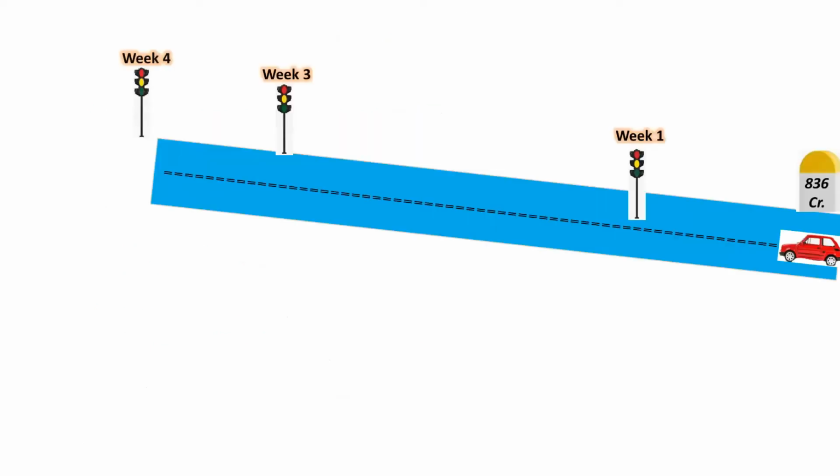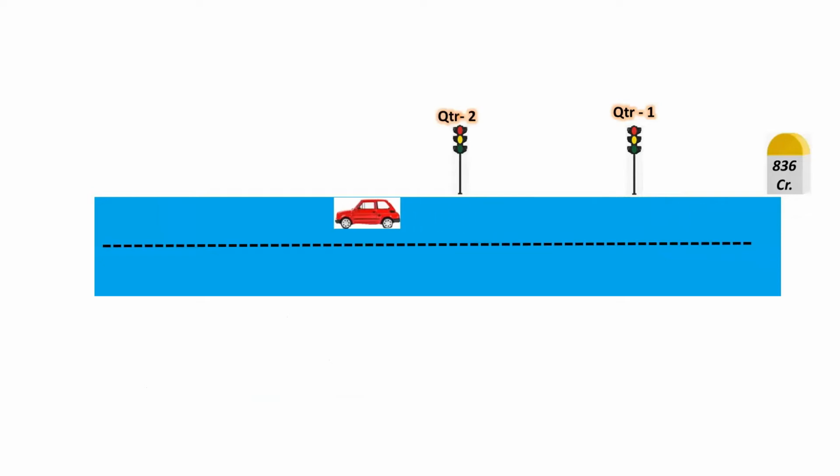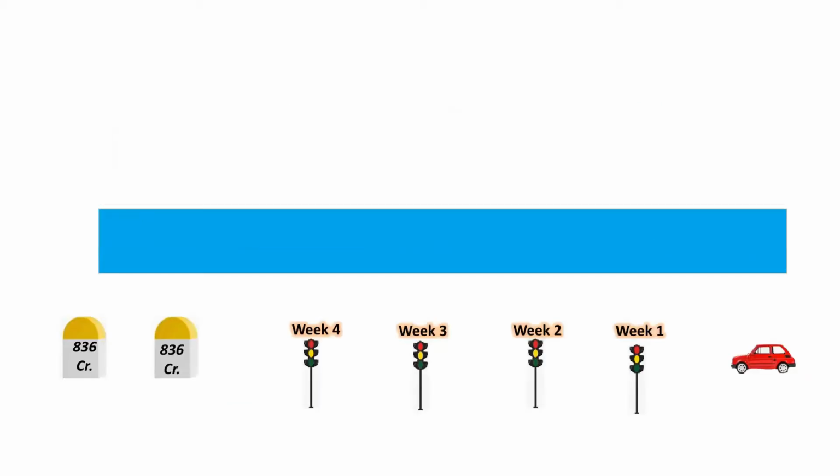Now, these are some examples where I have shown the moving car, moving through various weeks. This is a new image of the car I have taken. This will be the third example, wherein the car is moving. At every stop you will get a quarter. So these are some templates which I have prepared, which we will use today to make the presentation.